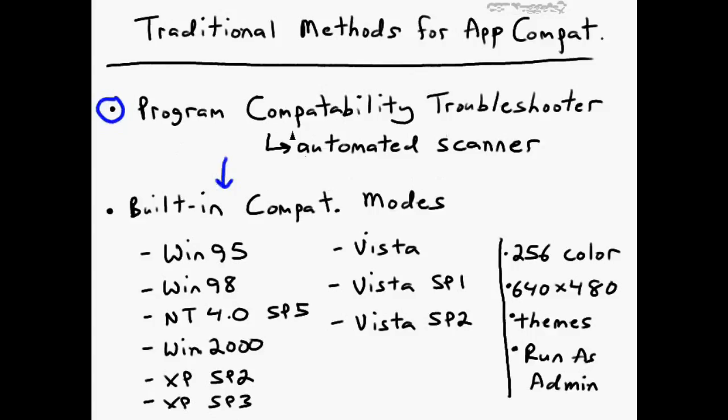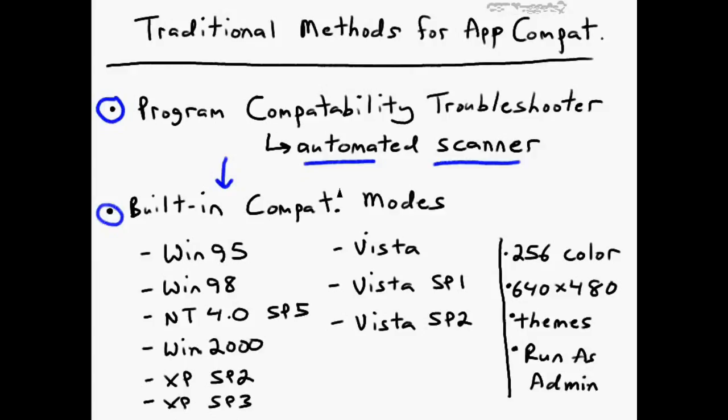The Program Compatibility Troubleshooter is a wizard-based interface that hides some of the technical details from you, the technician, or the end user who runs this tool, by giving you not only the candy-coated front end, the wizard interface, but also automation. It's actually a scanner that will scan your computer for troublesome applications and automatically make compatibility mode suggestions based upon what it finds. So as a DST, you may want to start with this, or you may just want to go directly into